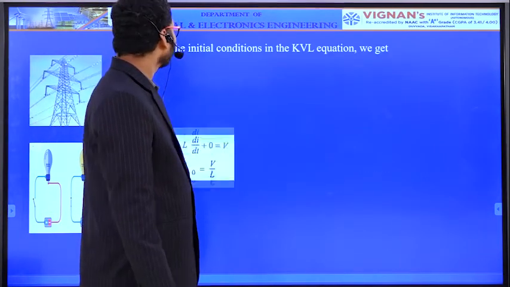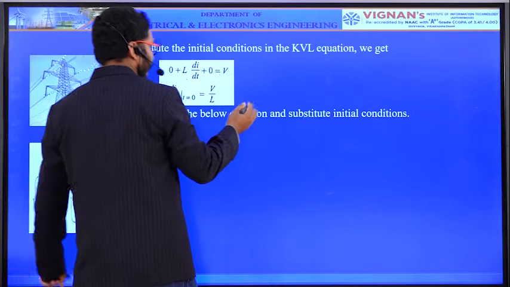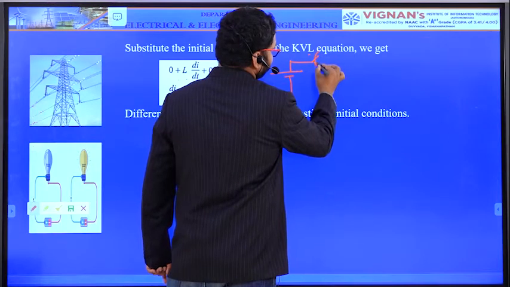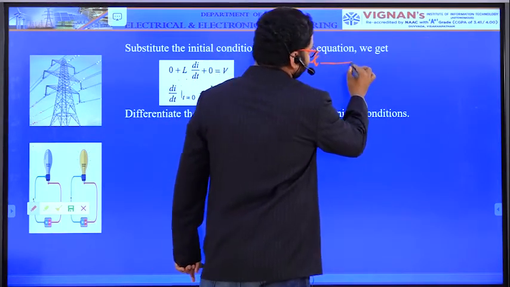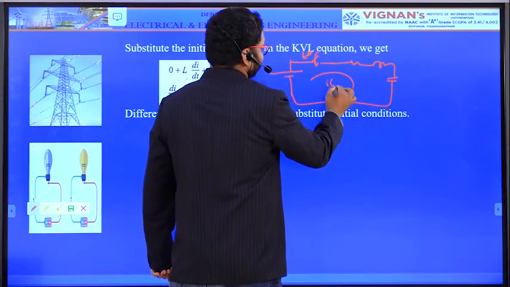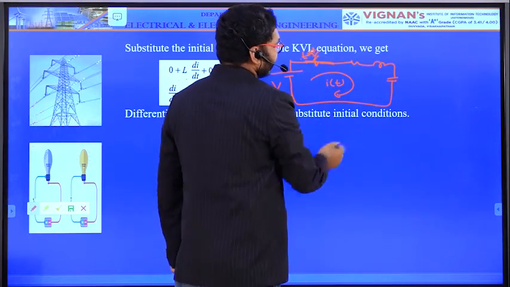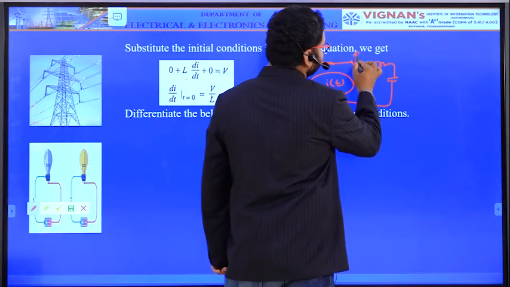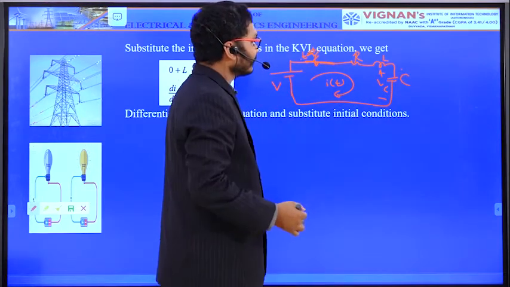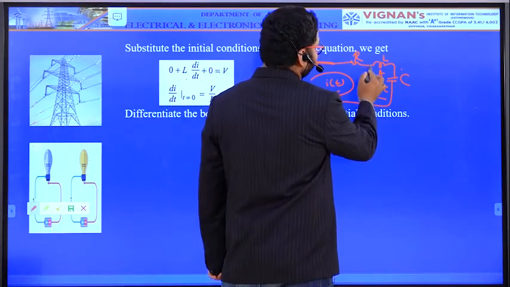So suppose in the circuit, previous case, at t equals to 0 plus, at t equals to 0 means this is at t equals to 0, right? At t equals to 0, like this circuit is there, R L C, right? This is I of t. At t equals to 0 means it is closed. At t equals to 0 plus I want the initial values, right? RLC, this is VC. So it means the current through the inductor at t equals to 0 is 0.